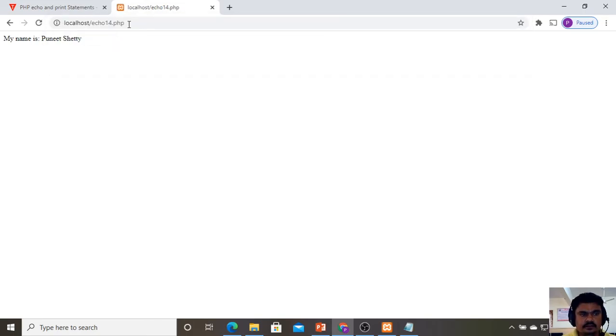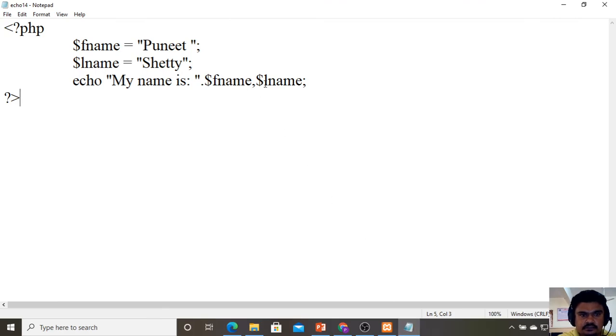Then go to the browser and execute echo14.php. You will get the output: My name is Puneet Shetty. So that is what I am going to print. Here I have given two arguments, first name as well as last name, so it is executing properly.